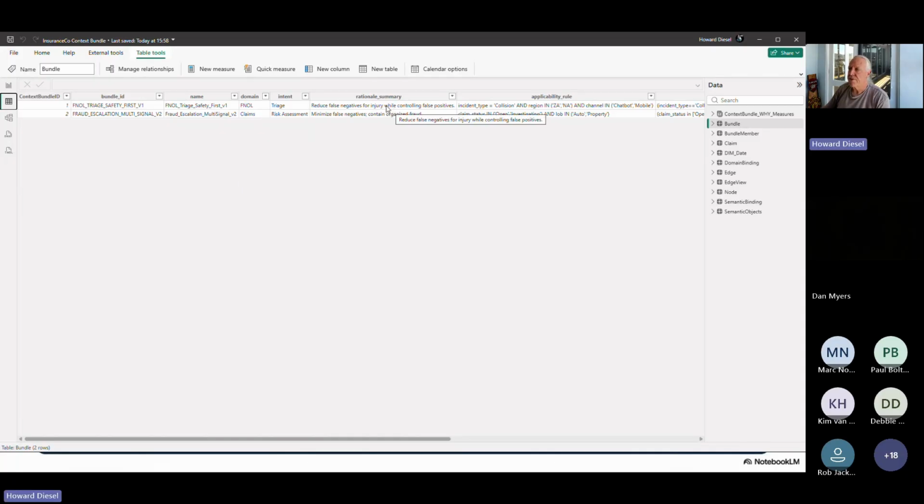But here is reduce false negatives for injury whilst controlling false positives. And the idea is that we can use a reasonableness check, similar to what we were talking with you, Dan, yesterday, is look at anomalies and then start clustering the anomalies. And that's where I was talking about the ensemble. There's 3 different AI techniques to look at anomaly detection. And I can say, well, if all 3 give me a pointer that this